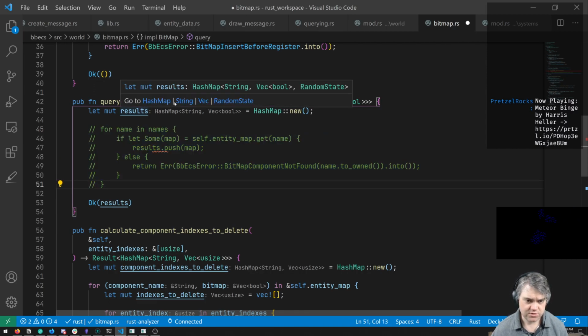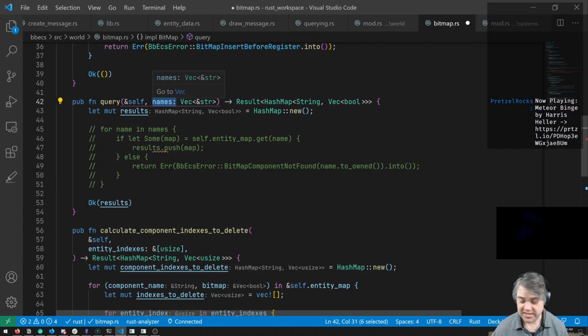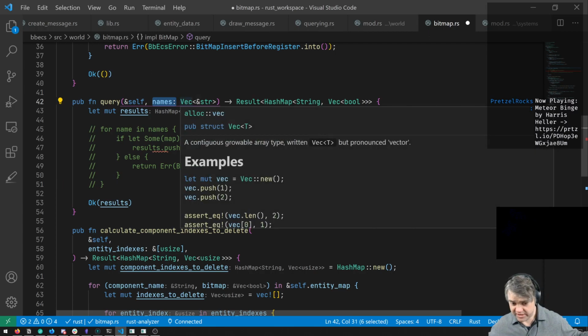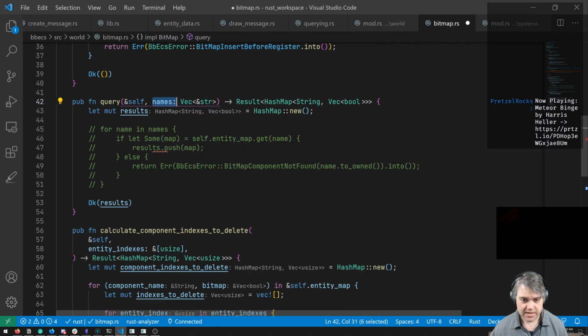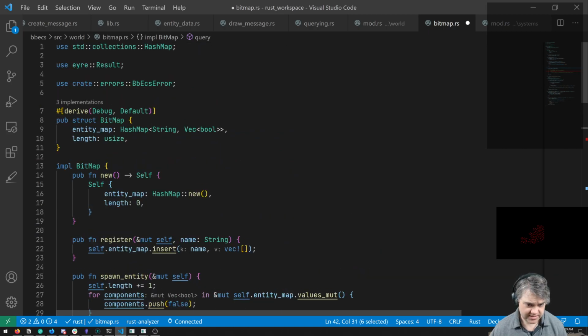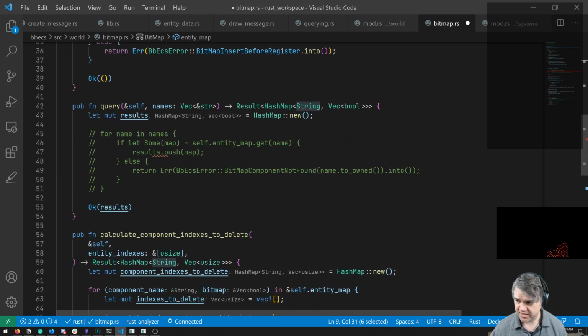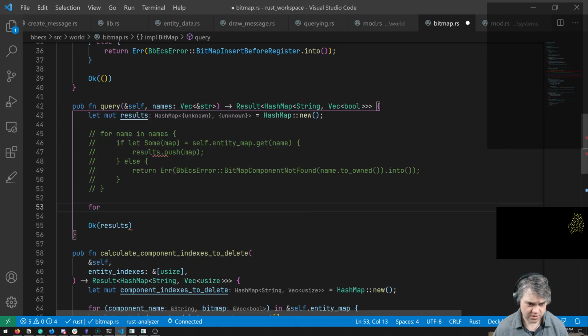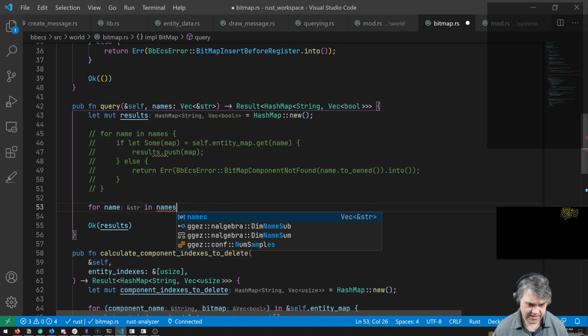Then what I'm going to do is we have our names coming in here. So that's going to be our vector of location, size, message, whatever. And the names should still be a string in here, so that's going to be fine. So let's do for name in names.